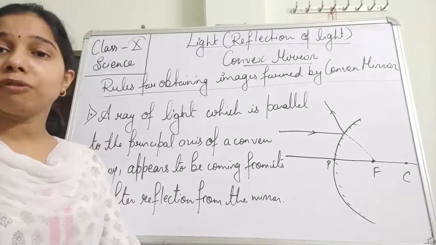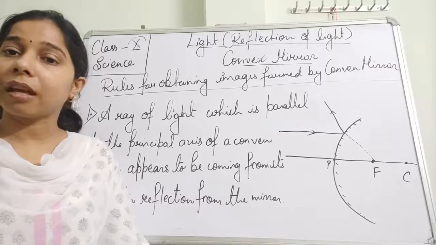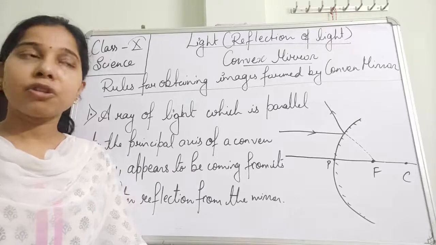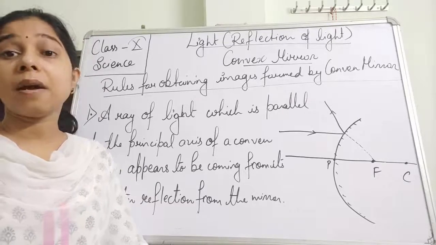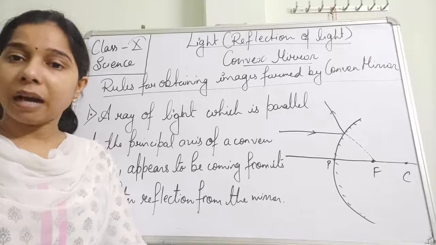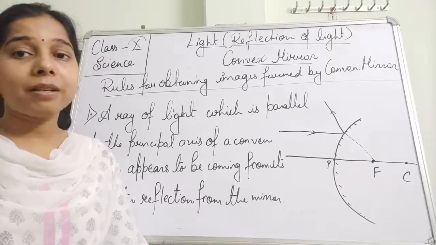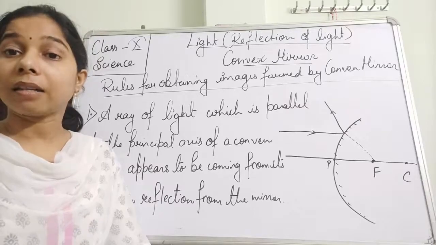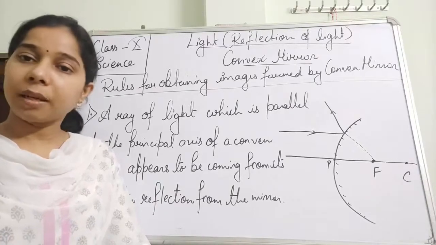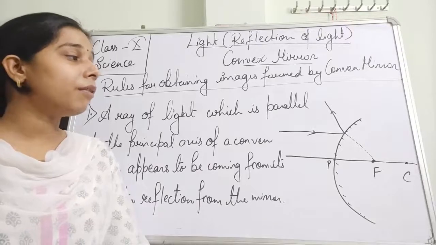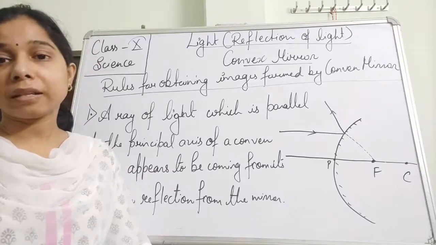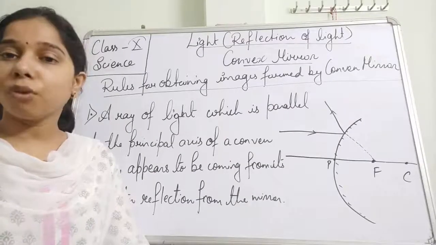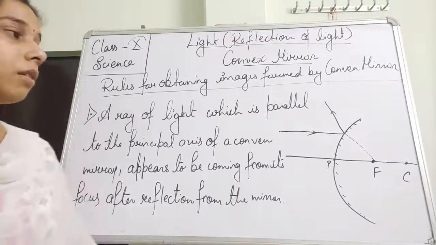This is how the formation of the focus also happens in case of the convex mirror, where the parallel beam of light, after reflection, gets deflected in different directions, but when stretched behind, it appears that all the rays are coming through a point, and that is the focus. Same thing here, that when a parallel ray of light is reflecting from a convex mirror, it seems that it is coming through the focus, students. This is the first rule.